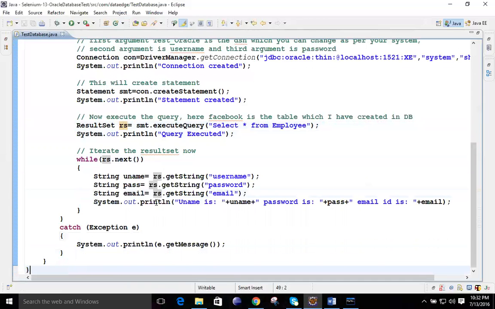So if you have taken the data successfully, you need to display it. How will you display it? You don't know how many records are present in that table, so there will be multiple records. Remember the concept of the array: how do we display the data from an array?